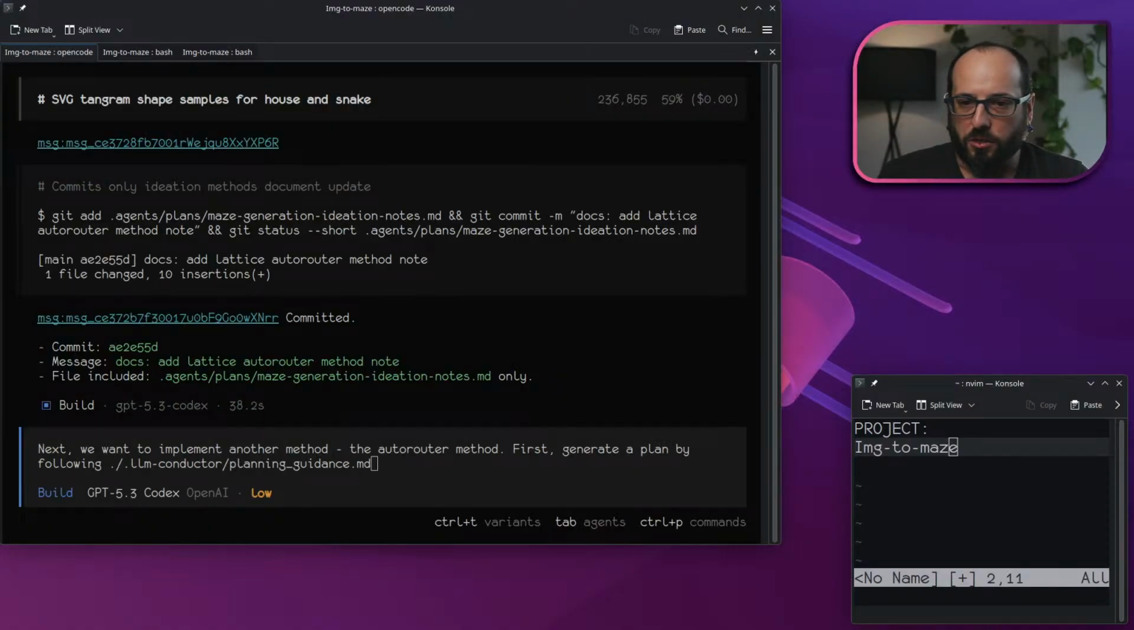Okay, so this is the image to maze side project. Where we left on this was that we completed one method of creating a maze from an image. Now we're going to move on to another method. This new method uses the same concept that auto routing in electronic design equipment does. When you design PCBs,